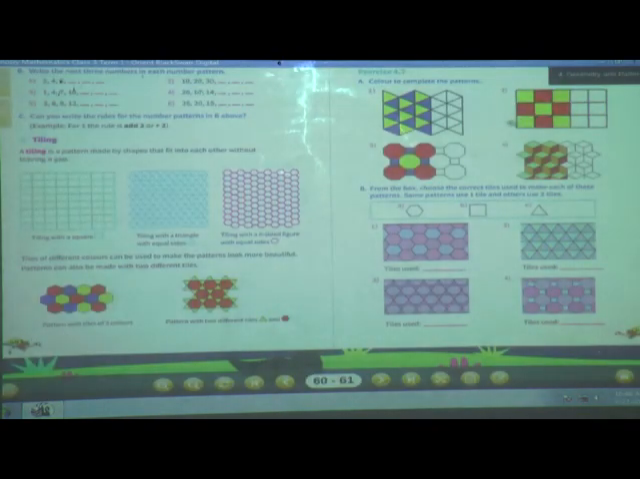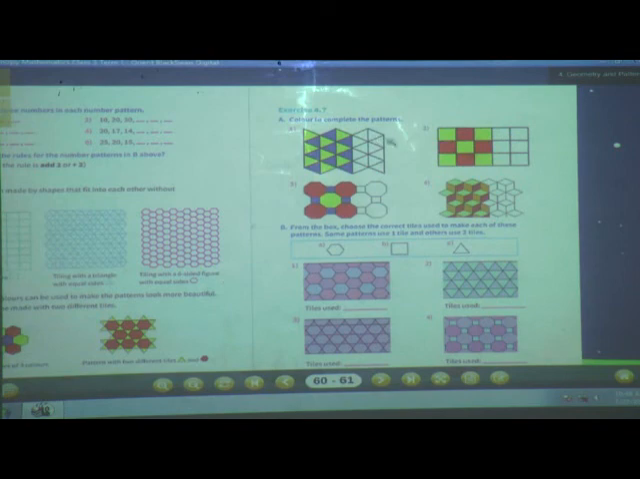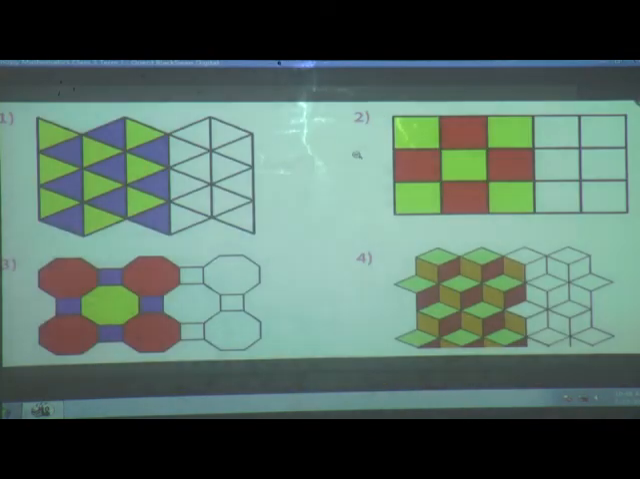Now students, open your textbook. Then we will solve the next exercise, that is exercise 4.7. The question is,